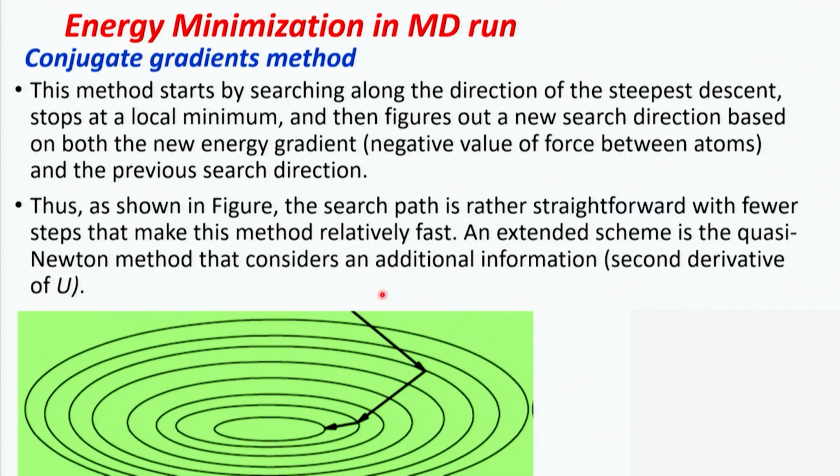Okay. And the conjugate method, this method starts by searching along the direction of the steepest descent and stops at a local minimum, and then figures out a new search direction based on both the new energy gradients, the negative value of the force between the atoms, and also the previous. Essentially, it looks for the change in the gradient. Thus, as shown, the search path is rather straightforward with fewer steps that makes this method relatively faster than the earlier methods. An extended scheme is the quasi-Newton method that considers additional information like the second differential of the potential